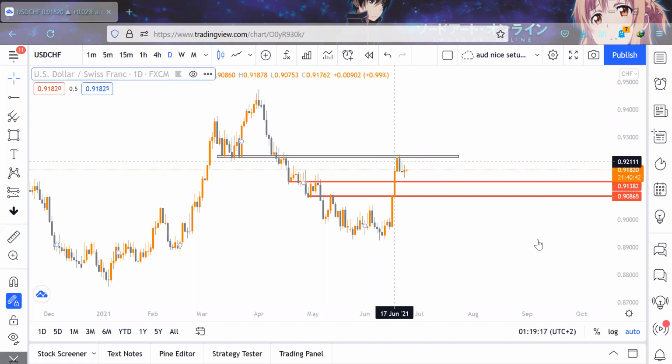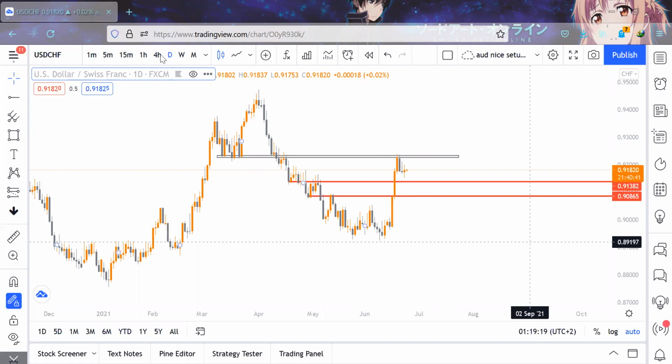Well, with this kind of a setup, what I normally do is, I know that the market has pushed to the upside, has made an impulsive move here to the upside, right? Now, what I will do is I will apply my Fibonacci. Now, if you guys haven't used the Fibonacci before,